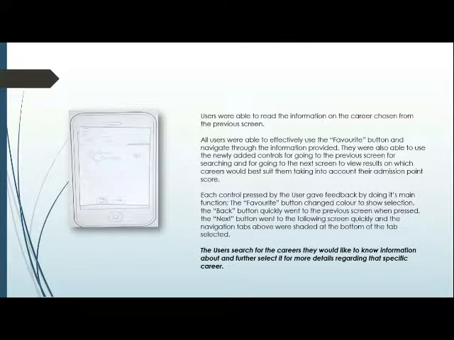And then all users were able to effectively use the favorite button and navigate through the information provided. Each control pressed by the user gave feedback by doing its main function. The favorite button changed color to show selection, and the back button quickly went to the previous screen when pressed. The next button went to the following screen quickly, and the navigation tabs above were shaded at the bottom of